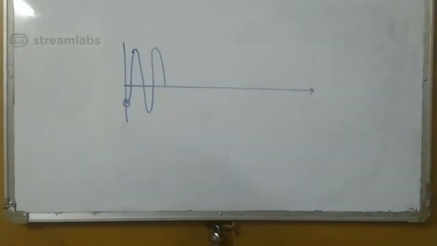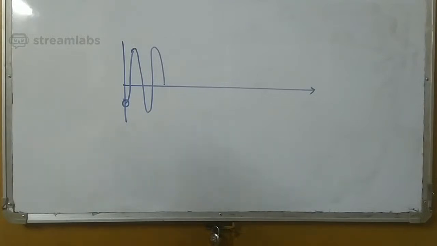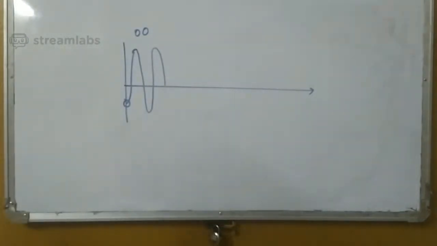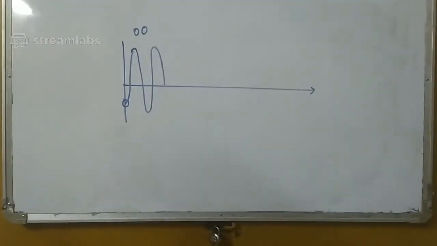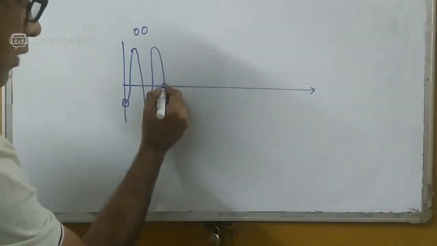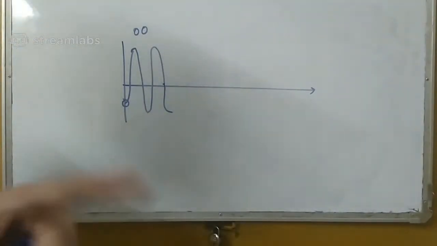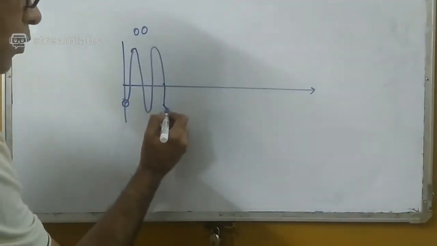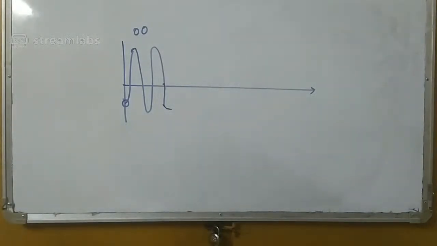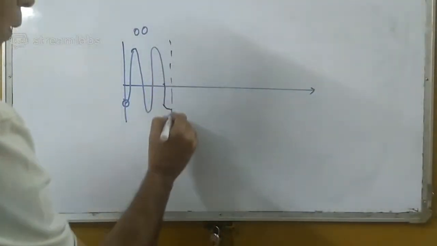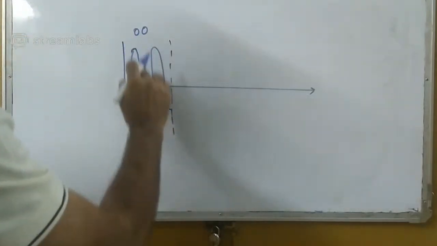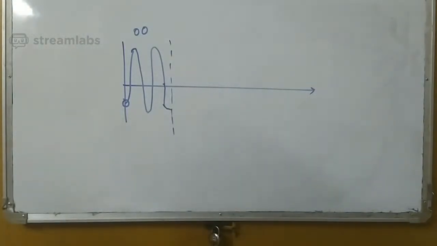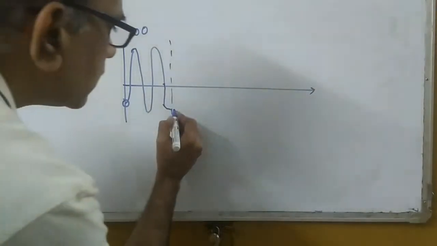Yes, 2 bits. So this phase will go to represent 0 0. Next phase, I'll use in some particular sequence so that you can understand it better. So the next phase which I am going to use for representation is, see, I am talking about complete 3 cycles. It starts from here, it ends over here. Okay, so the next is, I'll start with